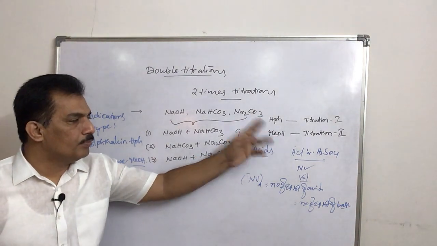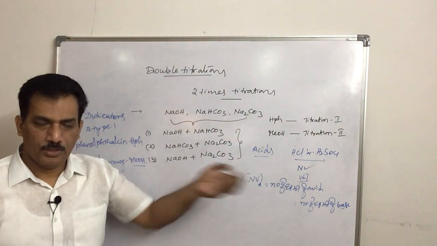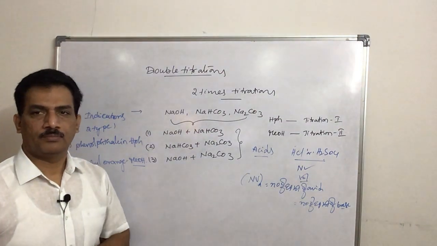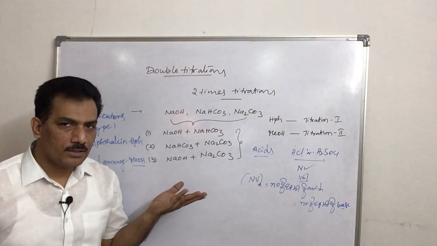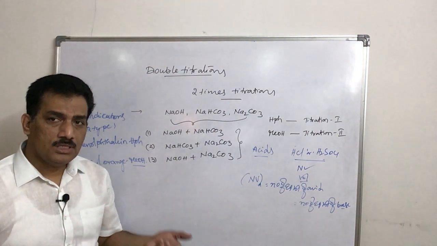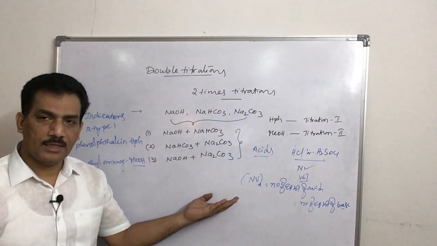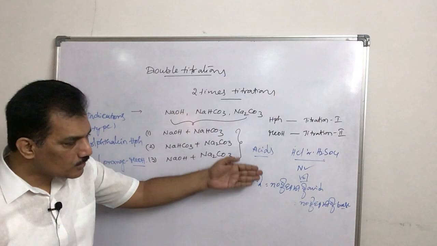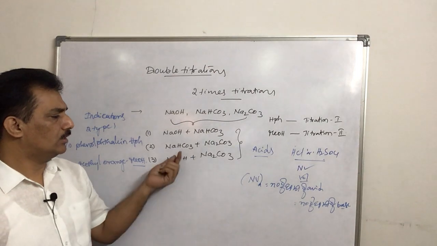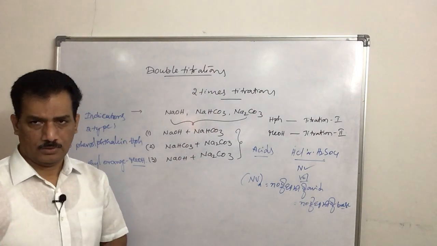Clear? And then in this case, the number of equivalent weights of acid in titration 1 is equal to the number of equivalent weights of the base that is neutralized in titration 1. And in case of the second titration, the number of equivalent weights of acid added in the second titration is equal to the number of equivalent weights of the base that are neutralized in the second titration. Is it not? So from these two data, we can calculate the percentage of these two. And the percentage is simply how many equivalent weights of NaHCO3 are one component and how many equivalent weights of the other component.